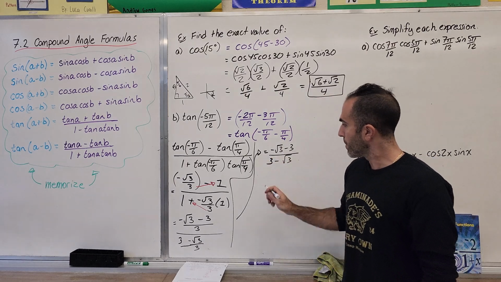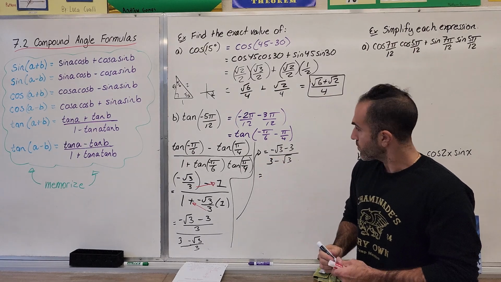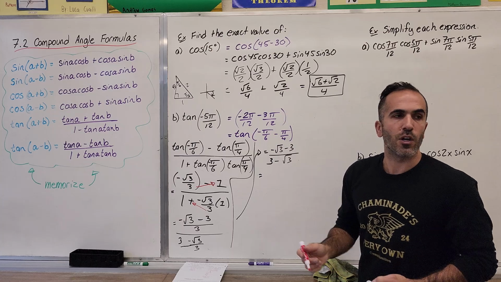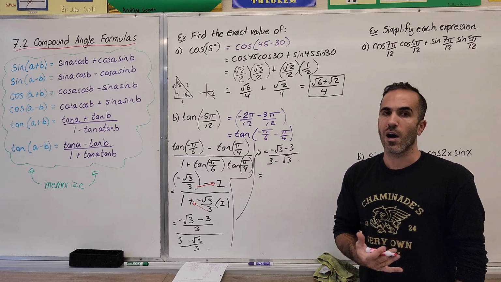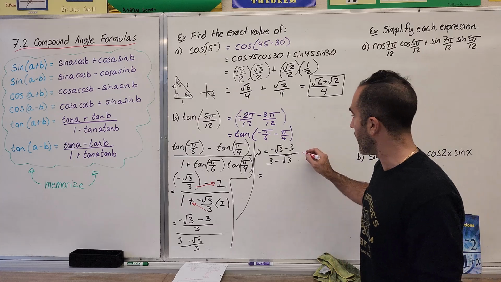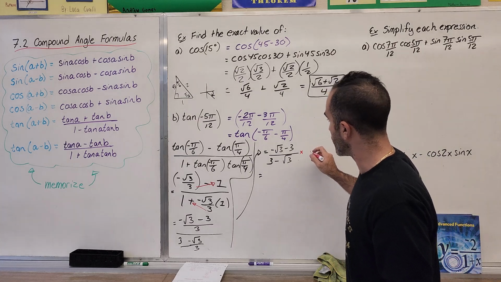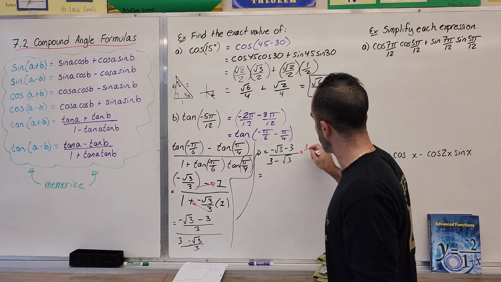I have to multiply it. Now, from here, I multiply by something called the conjugate to get rid of the root in the denominator. Very, very common skill you're going to use in calculus and going forward in this course. The reason why this is the conjugate